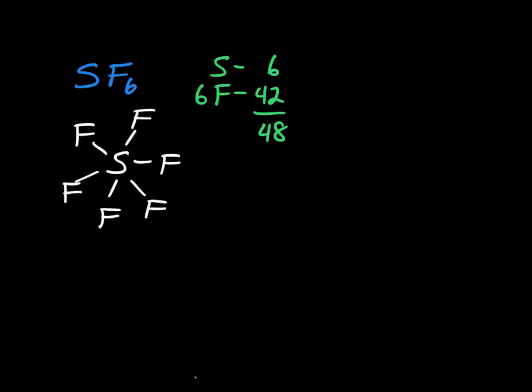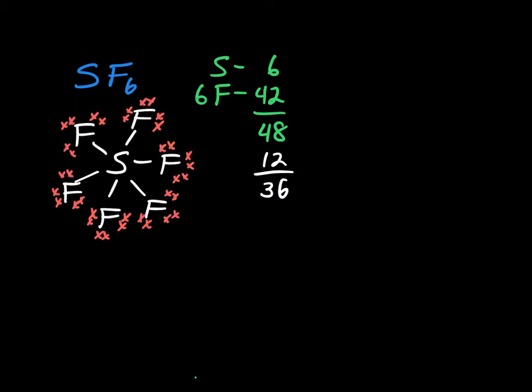Now with sulfur hexafluoride, right? Sulfur gives us 6 valence electrons. 6 fluorines gives us 6 times 7, which is 42. That's a total of 48. So now we have to draw our connected structure. So if we make 6 bonds to the sulfur, each of those bonds counts as 2 electrons. We take away 12. That leaves us with 36 to start distributing from the outside in. So there, when we put 6 electrons around each of the 6 fluorines, that's 36 electrons, leaving us with none,